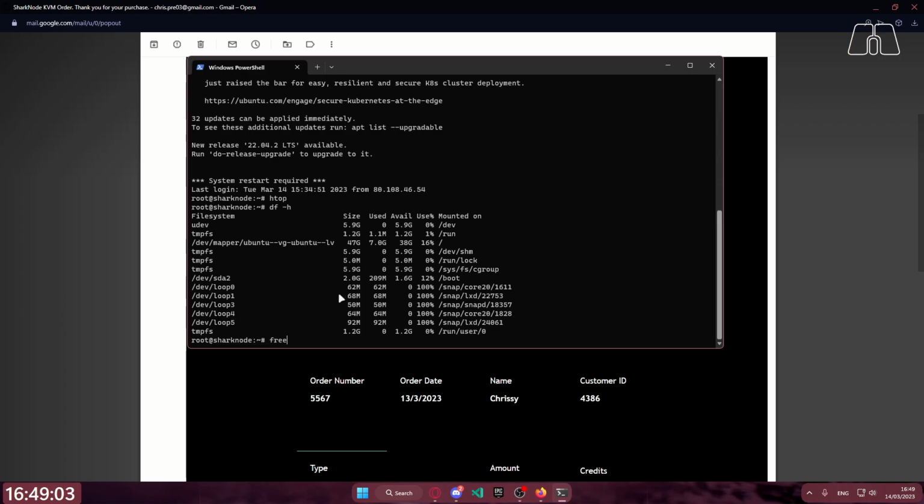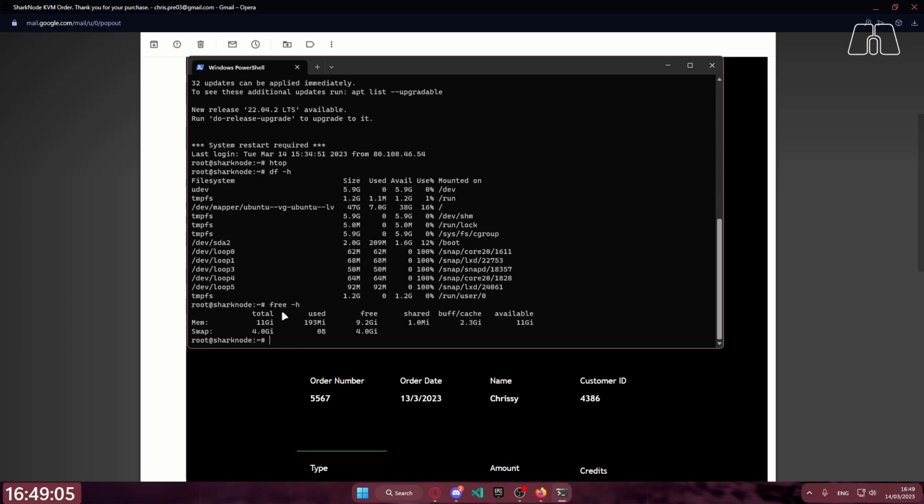If you type free -h, for free human, you see the memory. I have a total of 11 gigabytes, which is around about 12 gigabytes, and that's what I ordered. My swap of 4 gigabytes is the amount of digital memory which is used when my memory gets to 100%,